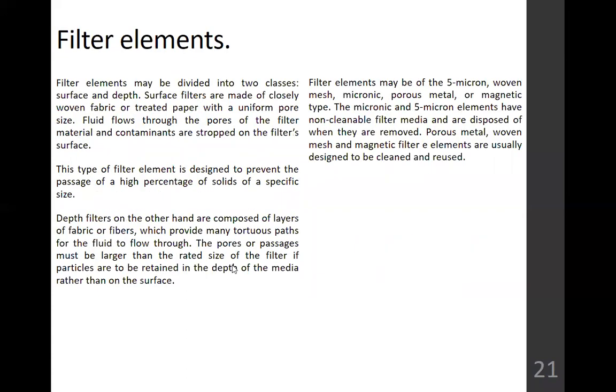Now, filter element. Yung filter is assembly yan. Sa loob, meron siyang elements, which is maybe divided into two classes, the surface and deep filter. Nakakita niyo kayo niyan, search na sa internet. Surface filters are made of closely woven fabric or treated paper with a uniform pore size. Yung parang binalot lang. Fluid flows through the pores of the filter material and contaminants are scrubbed on the filter